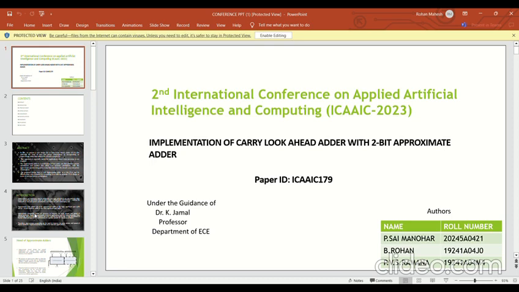All of this has been possible under the esteemed guidance of Dr. K. Jamal sir, who is a professor at the Department of Electronics and Communication Engineering in Gokaraja Rangaraju Institute of Engineering and Technology, Hyderabad. So coming to our project,